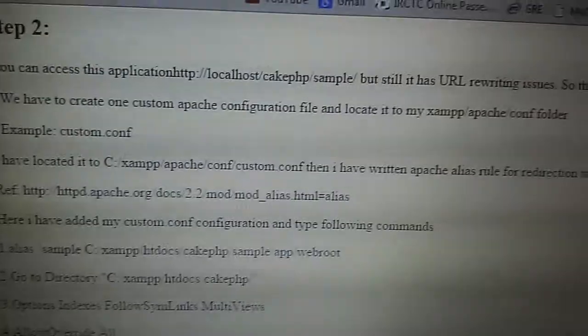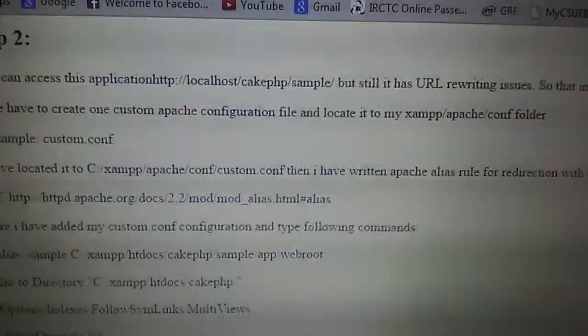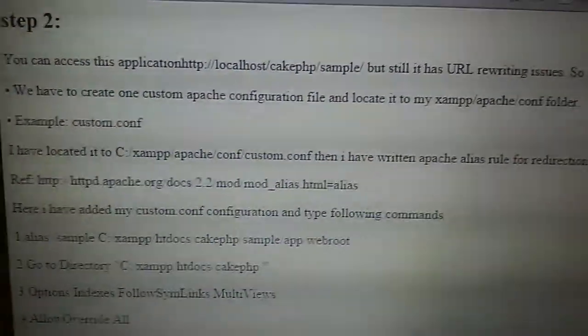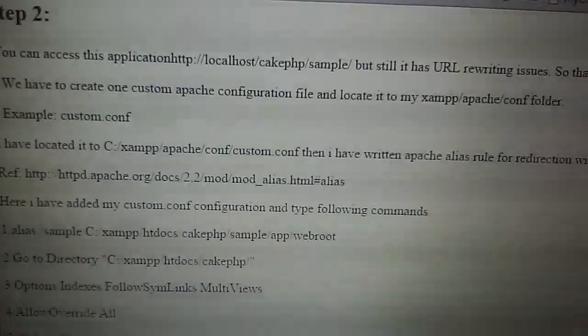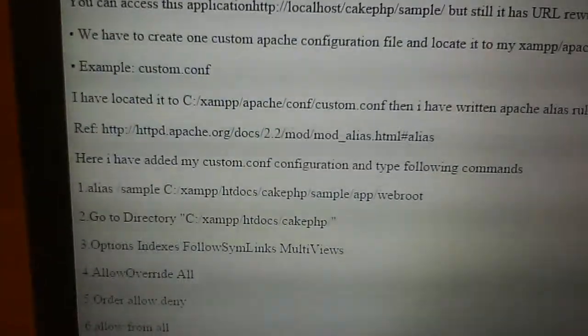As a part of the installation, we need to follow the step 2 principles. We need to create a custom Apache configuration file and name it custom.configuration.